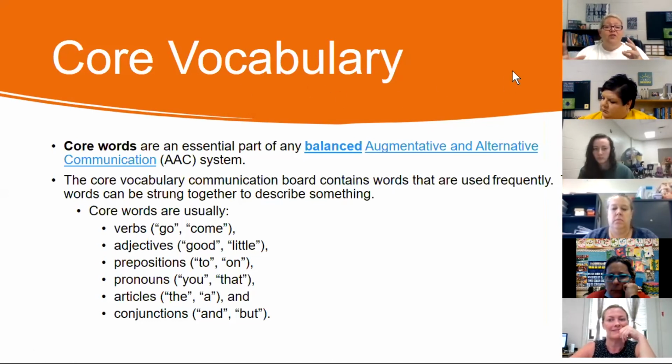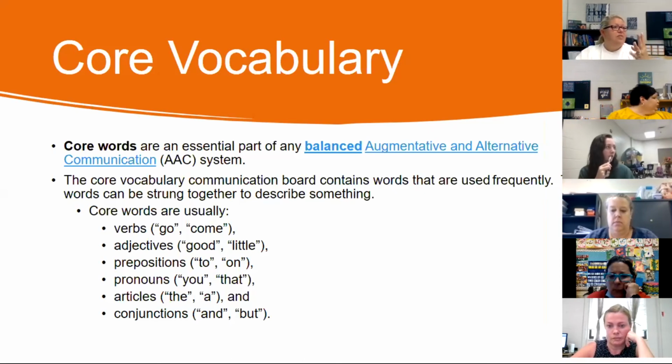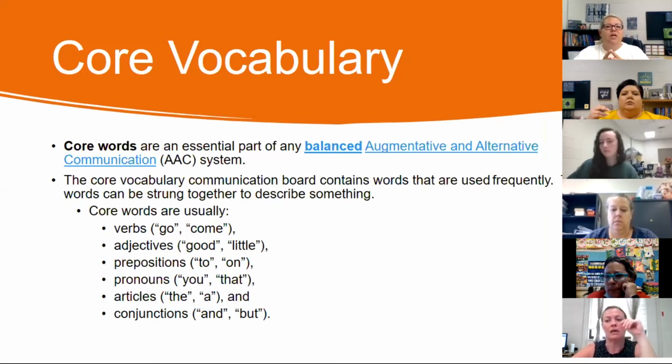Then some of you may remember the communication boards I wrote a grant for the playground. Last year during COVID, we did not get those put up. So we do still have those core boards for the playground that are going to Fairview, South Salem, Flint Hill, and without looking at my list, I'm not sure of the fourth one. Hopefully we will be able to get those put up in the next month or so on those playgrounds too. And hopefully I can write a grant to get more.